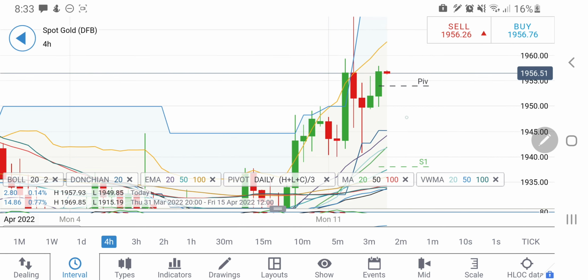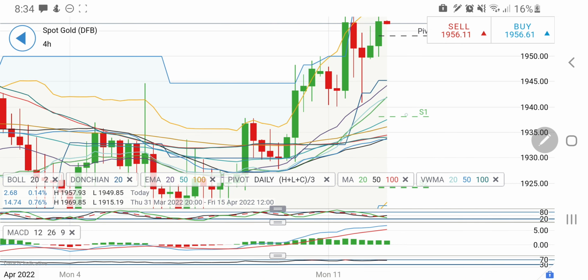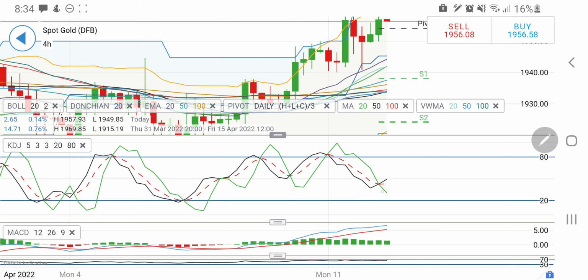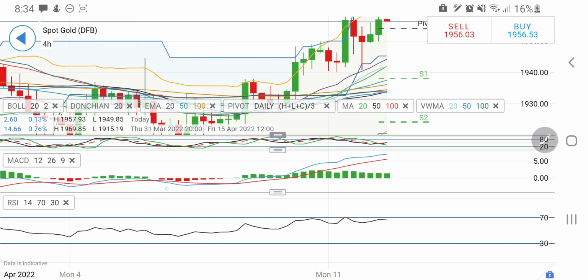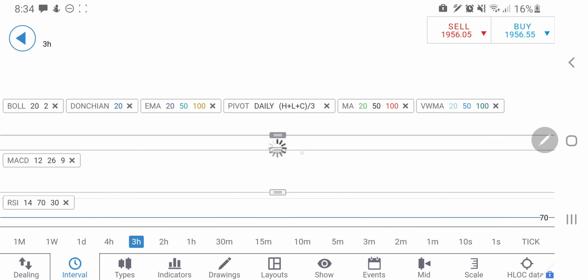Probably we may see, in fact, if it drops below 1950, we can expect it to come back till towards 1940, which is a very crucial support, as I have always told. Now also look at this, the 4-hour support zones are at 1945, 1940 and then 1935 levels. So if it continues to drop, we may see it going till these levels. At the same time, look at the stochastic is looking upwards here, and MACD is wide and divergent, so probably it is still very much bullish.